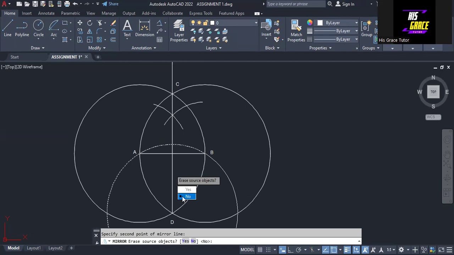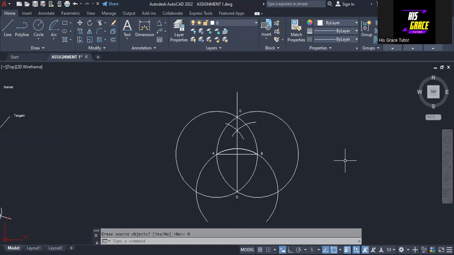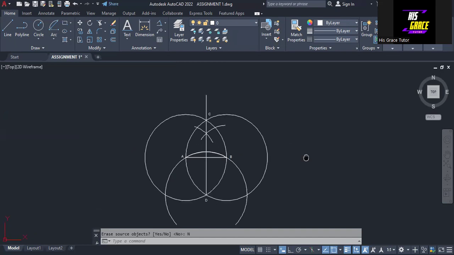All right, so just click on no. So this is what we have, what we need. So we have done it. All right, so the next thing that we are going to do here,